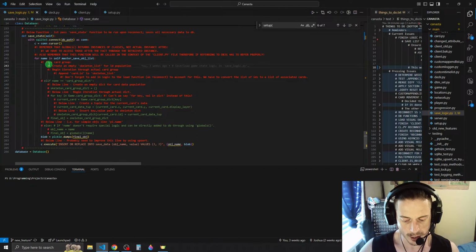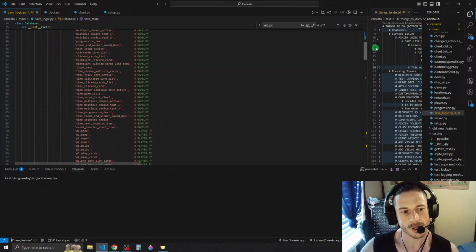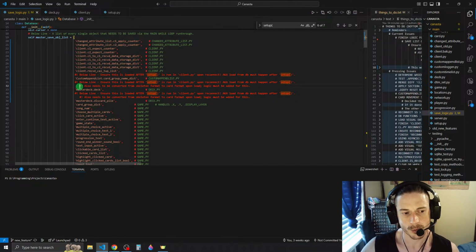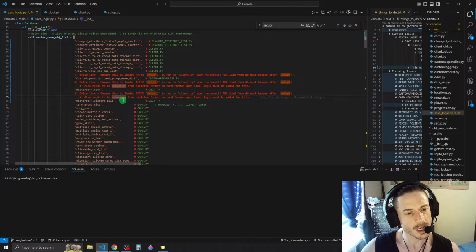So anyway, let's go ahead and we'll just go back up to the top where we were and continue working on that list. We'll come back to all that later. We'll reference these comments here. So we have also needs to be converted from skeleton format to card format upon load. Logic must be added for this. Same thing for discard pile. And this is also going to be the case for